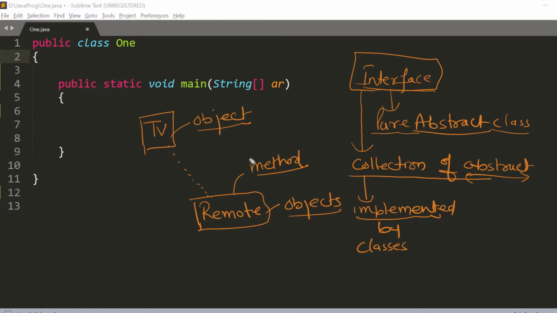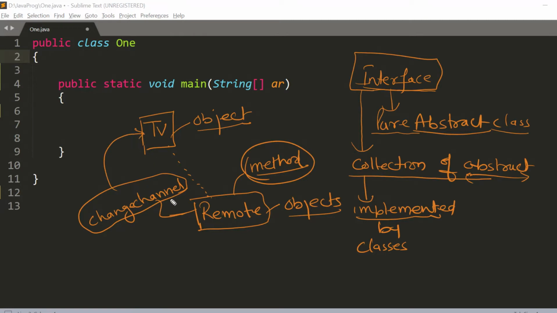Take an example: a method called change channel. There is a button on the remote that, once you press it, changes the channel of the running